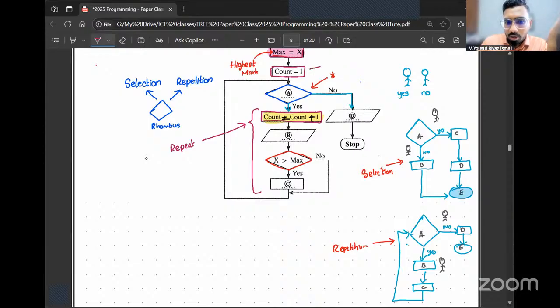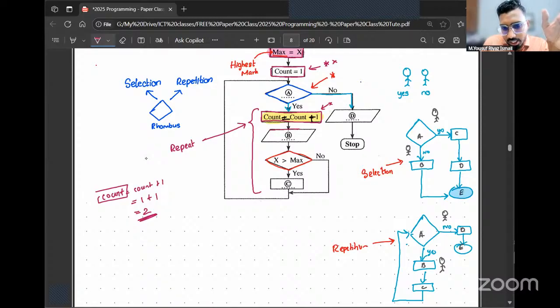If the initial value of count they mentioned was 1 here, after you follow this instruction, what will be the value of count? Initially, count was 1. Now, if we say count is going to be equal to count plus 1, then what is the new value going to be? When you say count equals count plus 1, currently the value of count was 1. So it's going to be 1 plus 1, which means the new value of count is going to be 2, right? So when you come for the instruction, count will be 2.